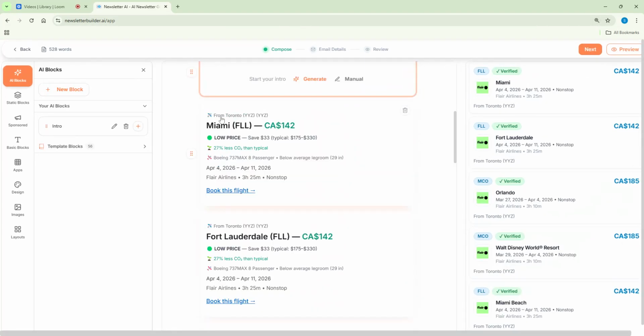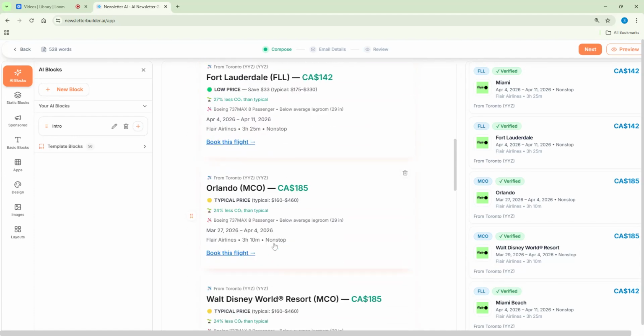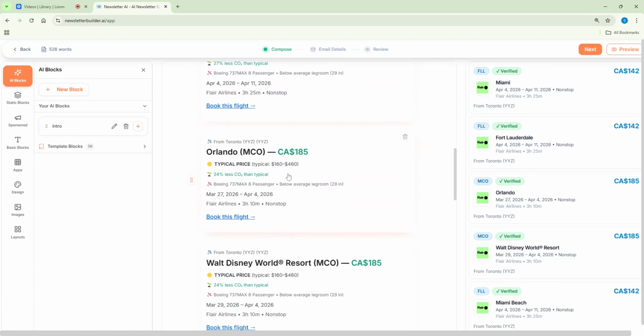It shows you the departing airport, the destination, the price. This actually is an awesome call out. We loaded in a formula that enables you to show the typical cost savings for this flight. So this one, they're saving about $33 on average. Same with this one. This is a typical price, so it's not really that much of a deal, but it